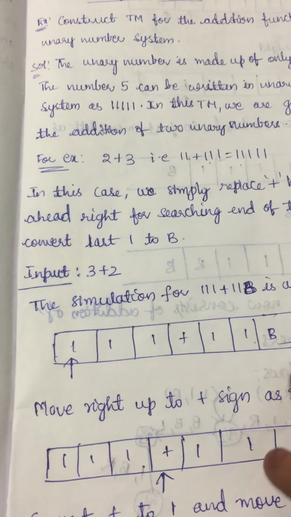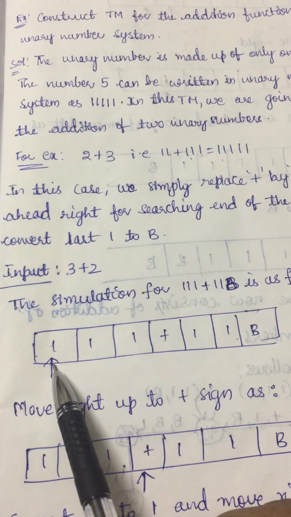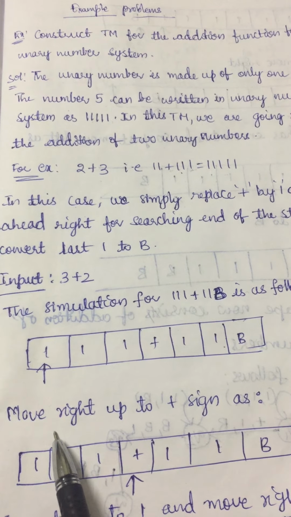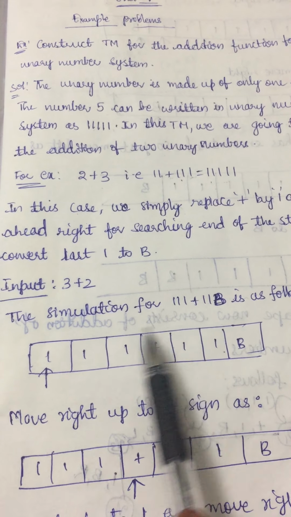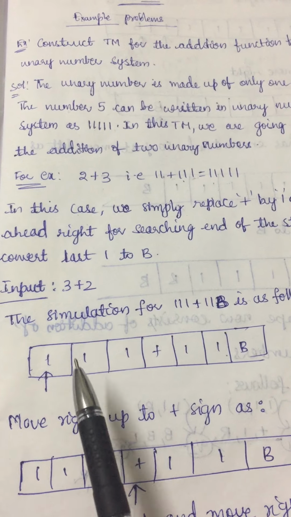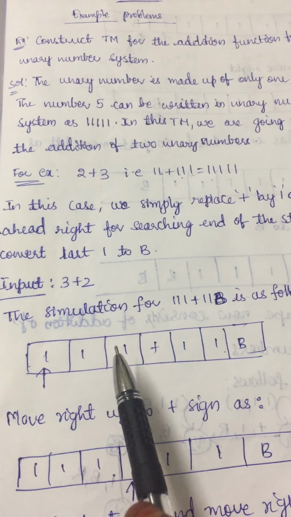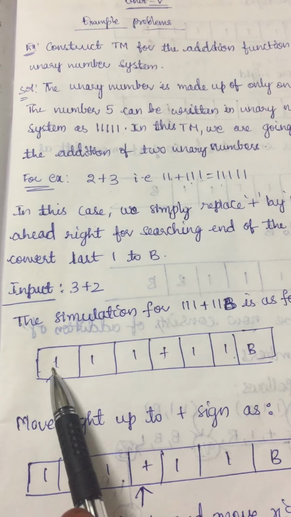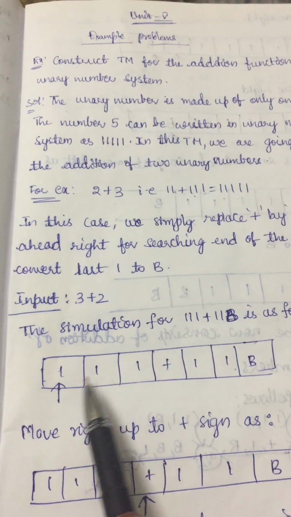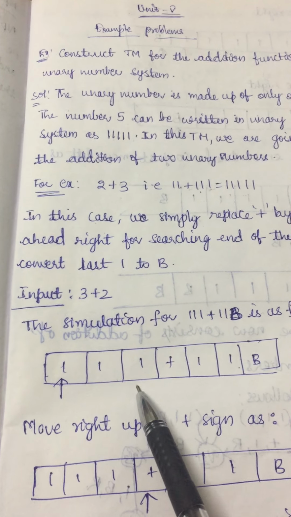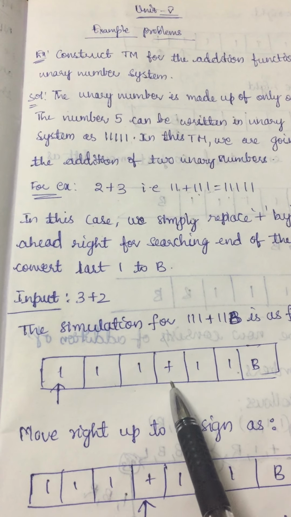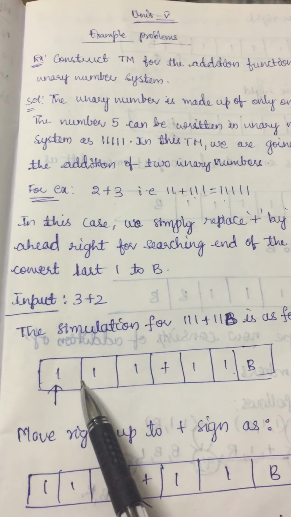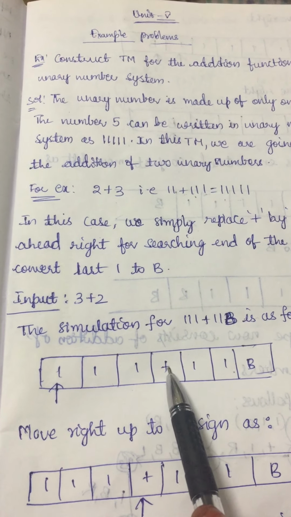And now our control will start from this first one. So what is the logic? We have discussed previously that here we should obtain 5 ones. So in the input tape at the end, 5 continuous ones must be present. In order to obtain that, these ones will remain as 1 only. Move in the right direction in search of the plus symbol. Immediately when the plus symbol occurs, this plus symbol will now be replaced with 1. So now the count till the plus symbol is 1, 2, 3, 4.